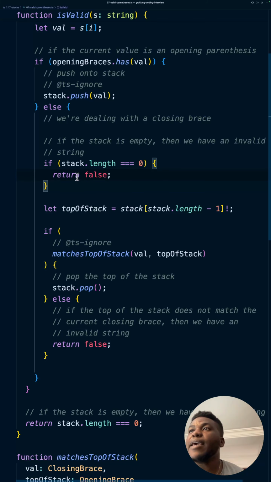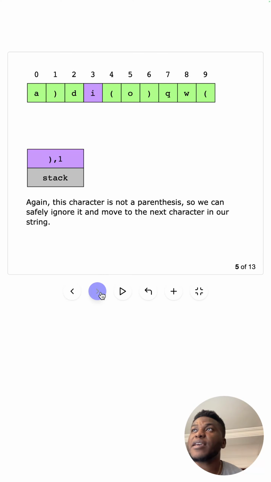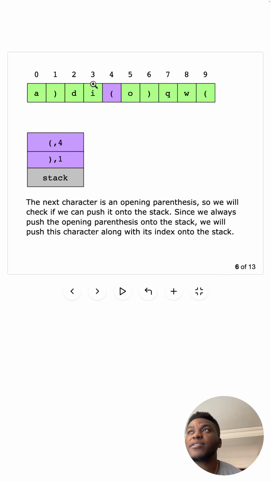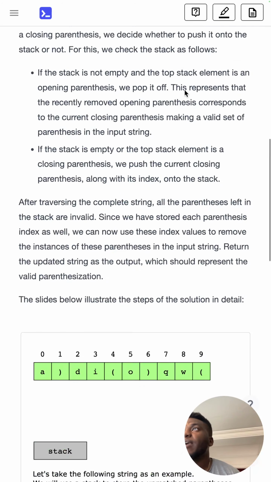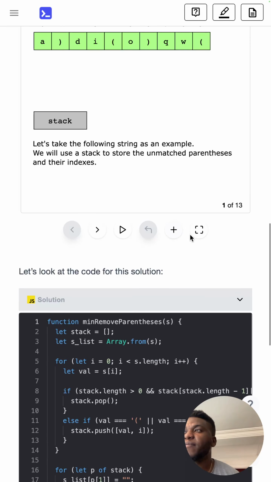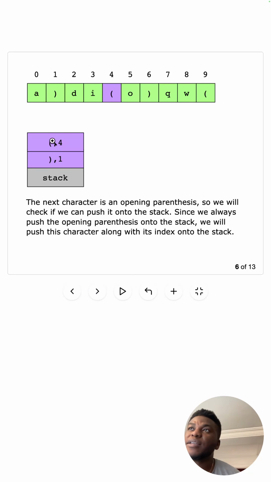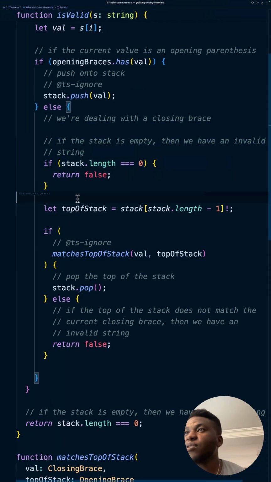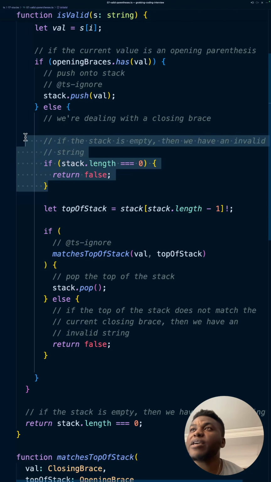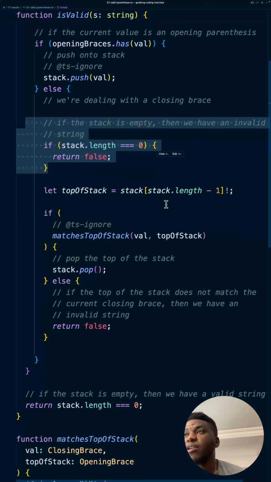And now if there is something in the stack, we're gonna end up in this case. And I explained this question, again, the minimum removed to make valid parentheses that we saw, I believe, a couple of videos ago. I think it's day 107. So if there was something in the stack when we came across a closing brace while looping through the characters in the string,